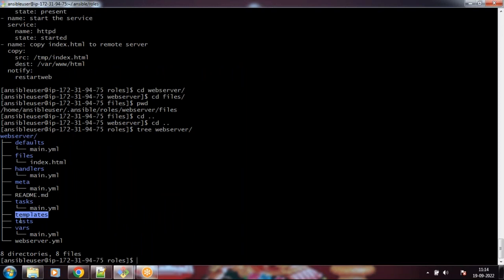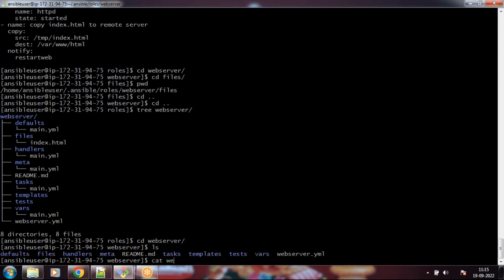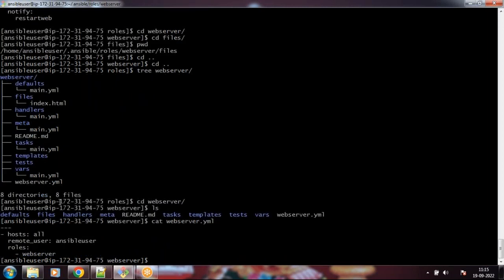Templates. We did not define any templates. Tests also we did not define anything. Vars also we did not define anything. Okay, but we created webserver.yaml under this webserver folder, the main webserver folder. So we created